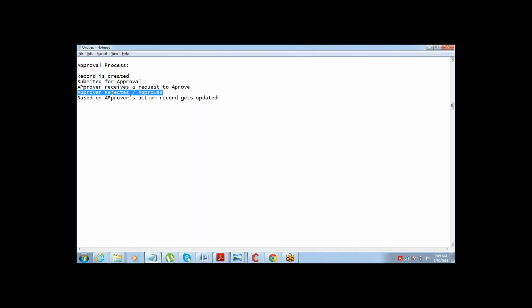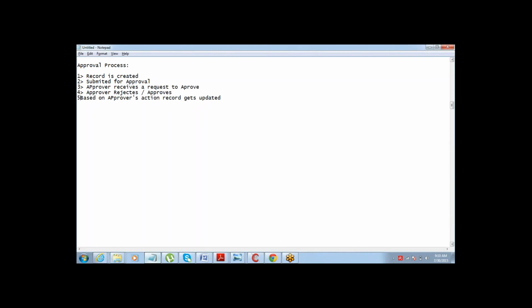Whatever action he takes, based on that, the actual record gets updated, either approved or rejected. That's how simple the approval process is. This is the flow of things in an approval process, steps 1, 2, 3.